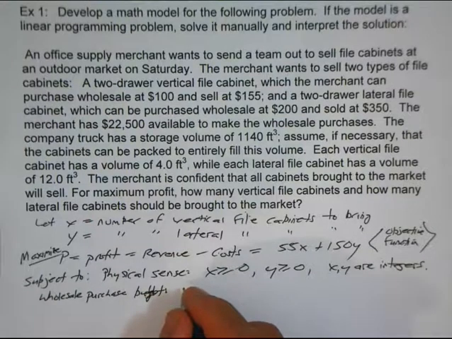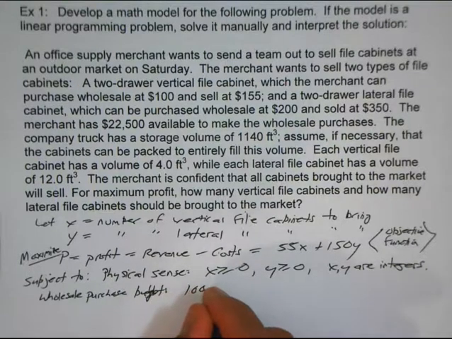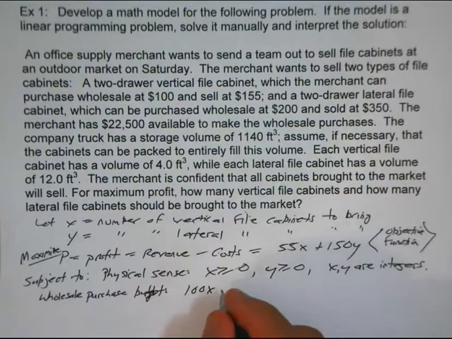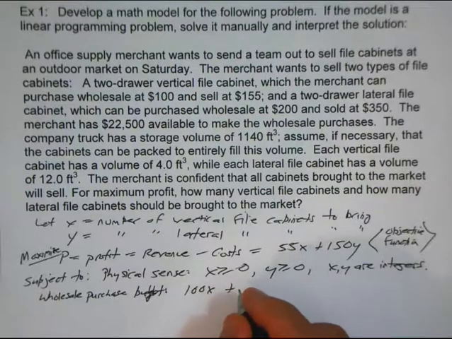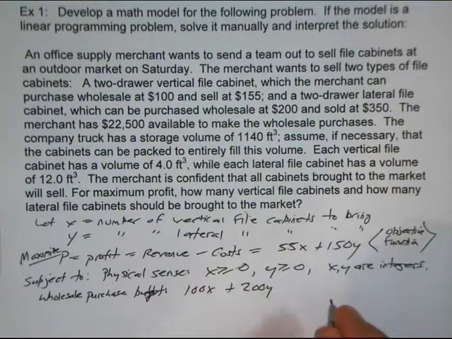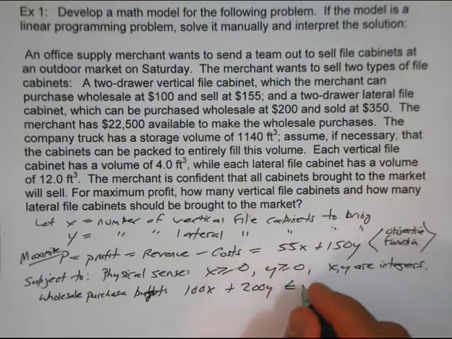Alright, well, each vertical file cabinet has a wholesale price of $100, so 100x is the wholesale money spent on all the vertical file cabinets, and similarly, the lateral file cabinets wholesale at $200 each. That would mean we're looking at 200 times y for all the wholesale money spent on lateral file cabinets. And this amount here has to be less than or equal to the